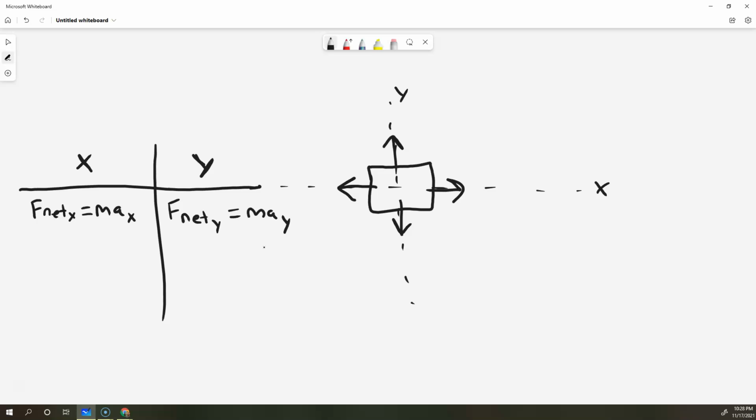We should be familiar with the idea that we need to use maybe the Pythagorean theorem or sine, cosine, tangent. That's something that will be talked about somewhere else. But just know that if I have forces in my y direction and forces in my x direction, or rather I should say if I have forces that are 90 degrees to one another, that's a 90-degree angle, they do not belong in an equation together